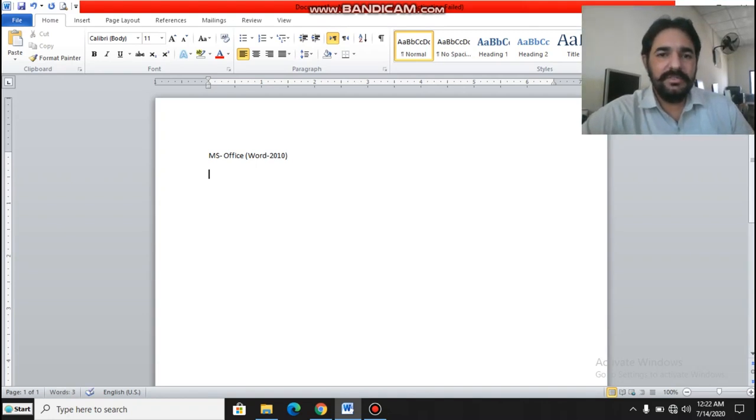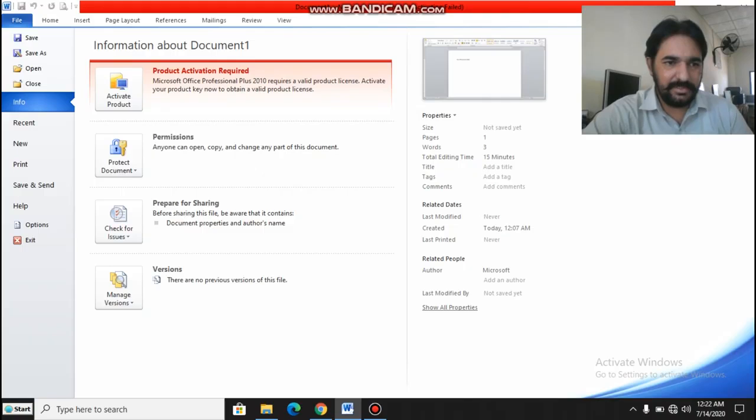Dear students, today we are going to start our MS Office Word 2010. Before starting, I would like to discuss some important points related to MS Office Word 2010. When you press the File option button, there are some important options, and there is a complete setting